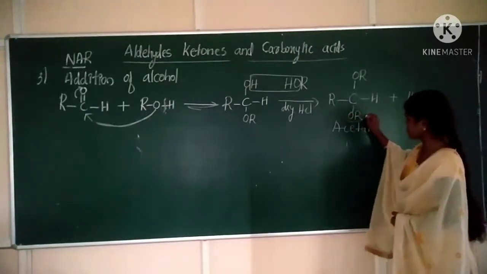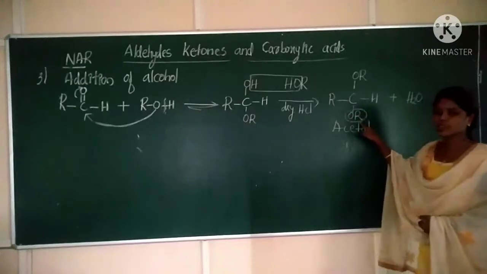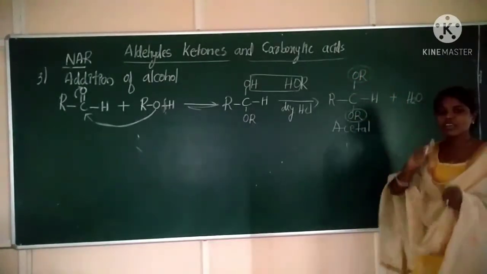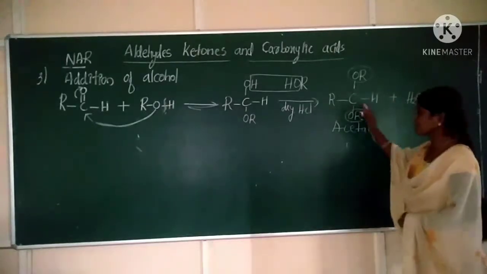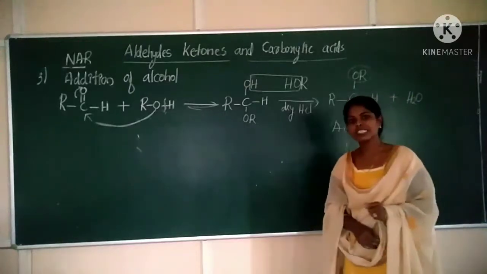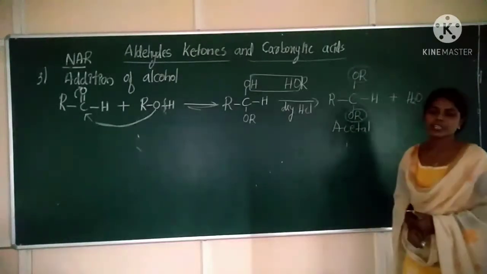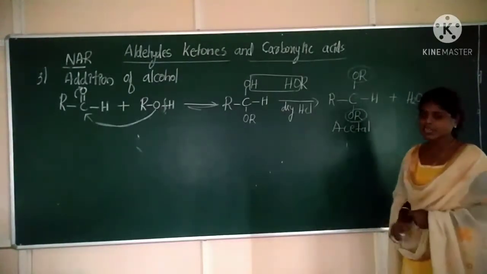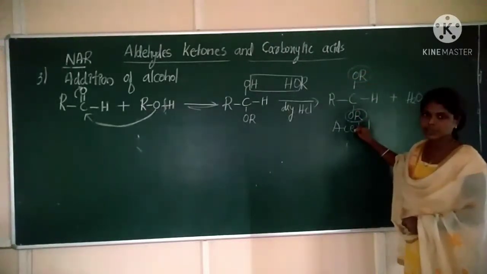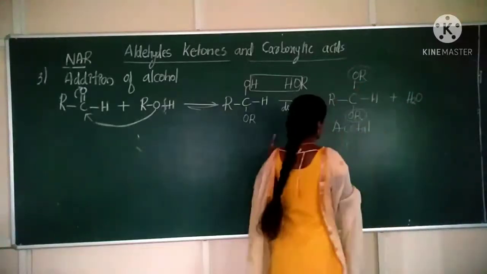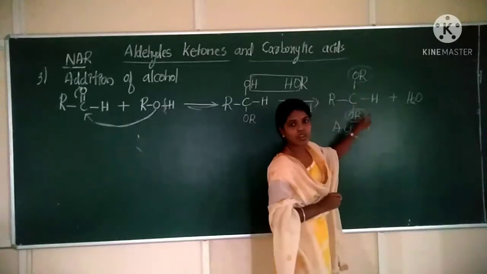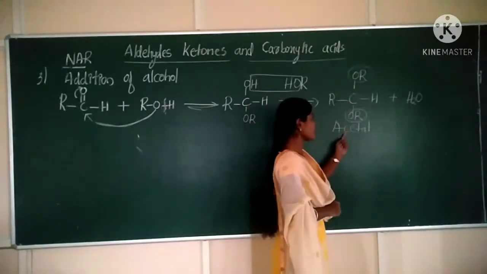In this acetal compound, 2 alkoxy groups. Look at here. OR means what? Alkoxy. Again, the second alkoxy group is there. If two alkoxy, this is geminal alkoxy. Gem means if two same groups are present on the same carbon, that compound is said to be gem or geminal. So this is gem alkoxy, or acetal. Okay. Now in this molecule we have two OR groups, that is two alkoxy groups. So I can call it an acetal.